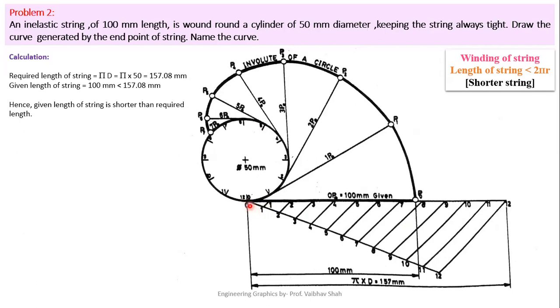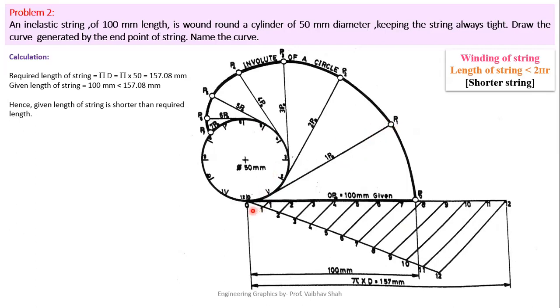So first case, 0 to 1 will wound round this position of 0 to 1 on your circle. So it will overlap 0 to 1 on the circle while winding operation, as you can see. So you will be having this as your remaining string length. So remaining string length we can calculate from this horizontal line. So let us suppose if this 0 to 1 will wound around this circle, we'll be having the remaining string starting from this 1 point till this end point. So we have to take on our rounder distance from this 1 till this point P0, and we have to put our rounder at point number 1 on the circle, and we have to cut this line. So we'll be having this point as P1.